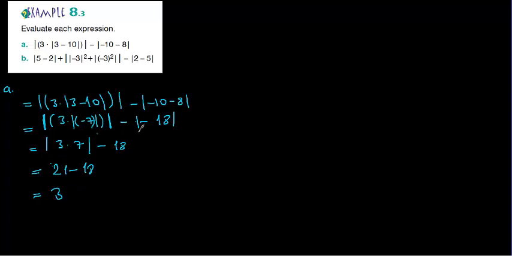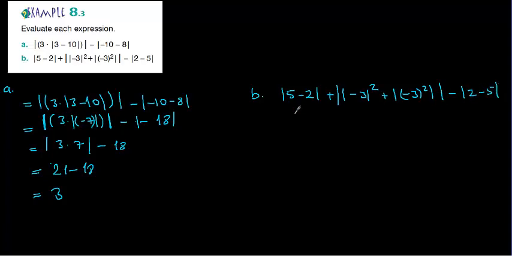Okay, and the second one, here absolute value of 5 minus 2 plus absolute value of minus 3 square, also this is another absolute value, plus in absolute value minus 3 in parenthesis square, and minus 2 minus 5. Here 5 minus 2, this is a good exercise. 5 minus 2, it's going to be equal to 3, absolute value of 3, plus and the term is here